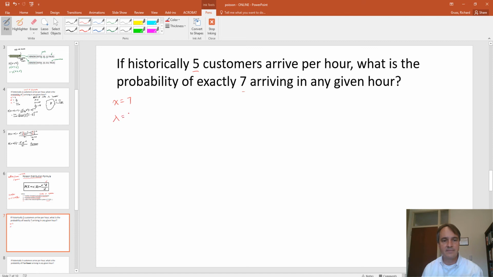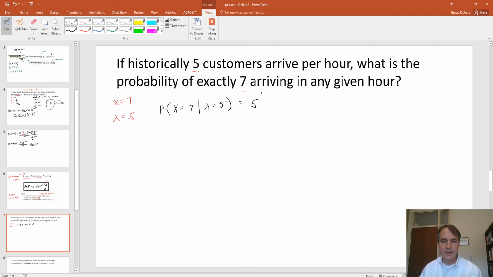So we've got a lambda equal to 5. Okay, so let's just go ahead and plug it into the Poisson PMF. So the probability that x is equal to 7, given that lambda is equal to 5, is going to be equal to